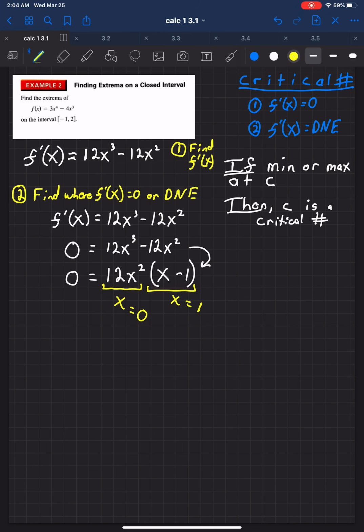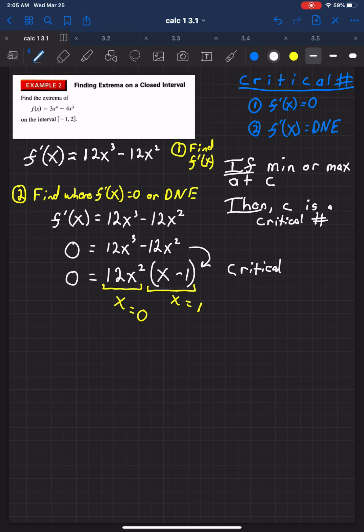So now look, if I plug 0 in for x, I don't care what 0 minus 1 is, because anything times 0 is going to 0 out. That's why you spend all that time training to factor, so you can turn sums and differences into products, and you can use these zero product principles. All right, so let's start. We're still at step 2, and what are we doing right now? We are collecting critical numbers.